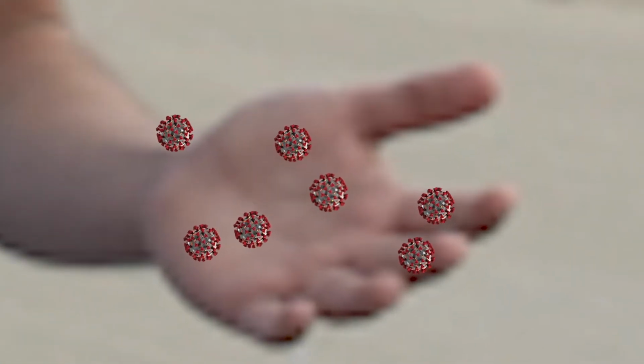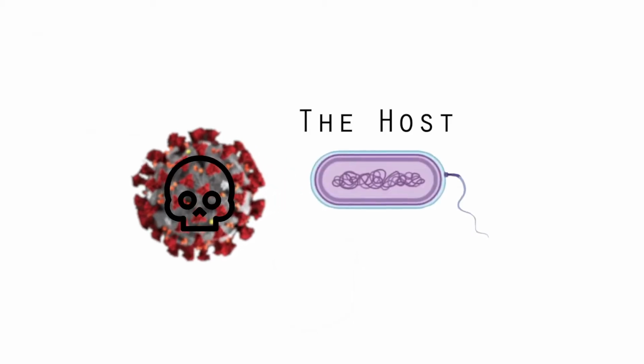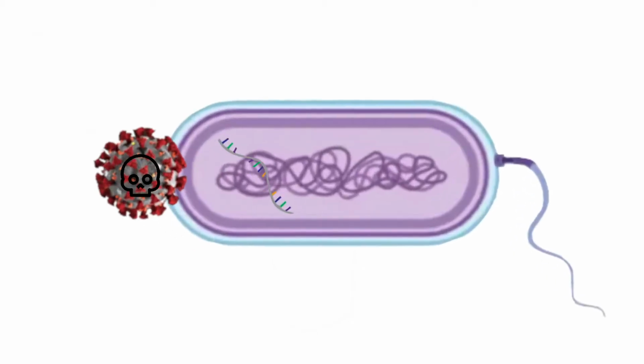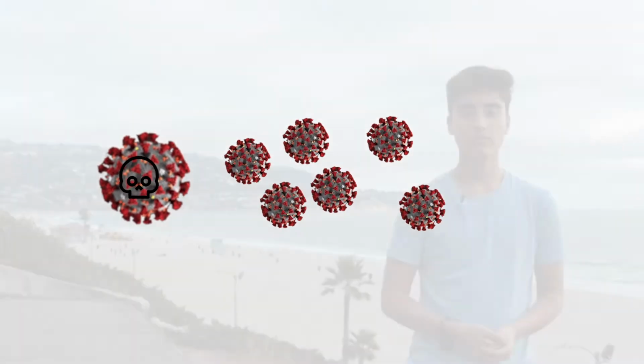we are facing. Viruses are tiny organisms which are incapable of reproducing on their own. The only way they can procreate is by forcing another organism, a host, to execute its genetic code. Those instructions tell the host to create new viruses and kill itself. This is how viruses spread.